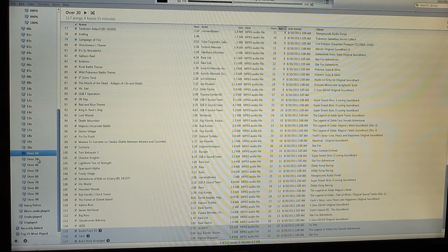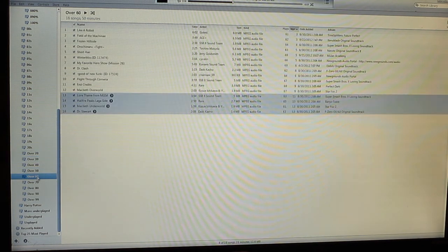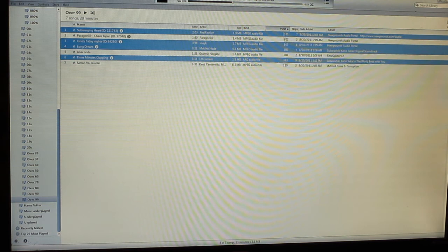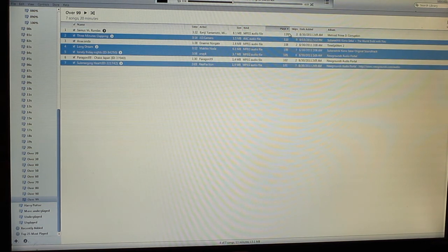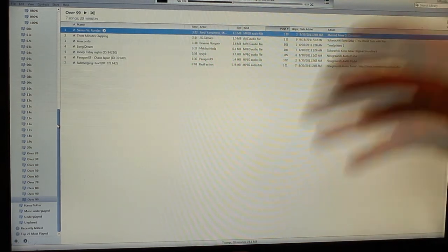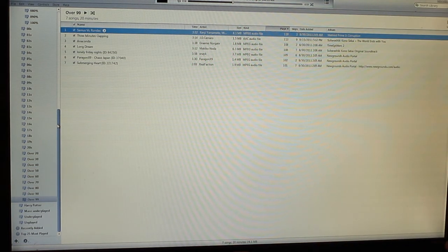And you can see down here I've got over 20 plays, over 30 plays. It starts jumping into units of 10. And over here at the top, I've got one song that has had 119 plays. And so I do that with all the songs, and I put them in the folder based on the number